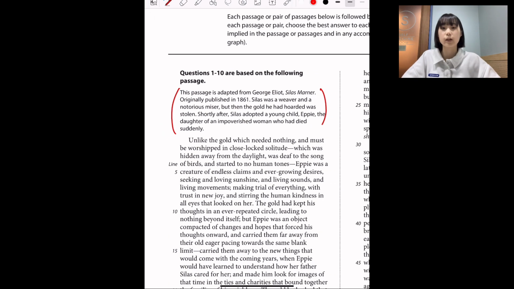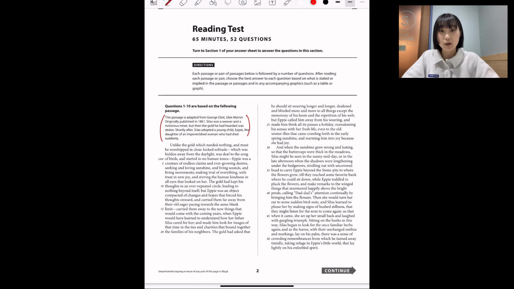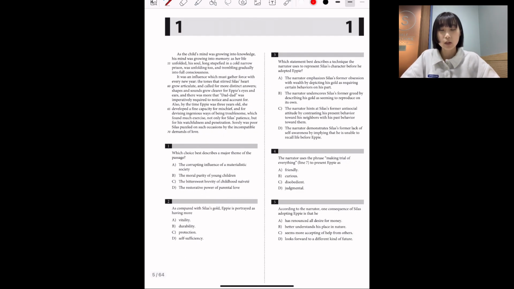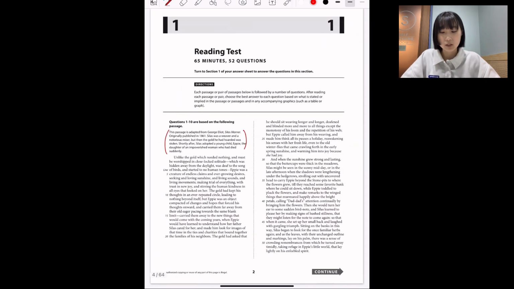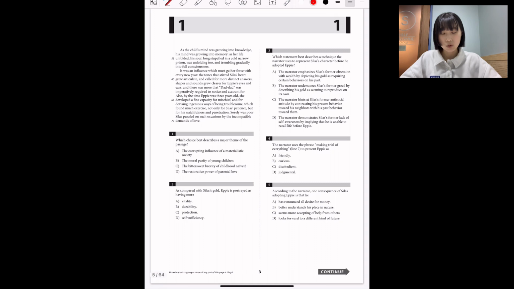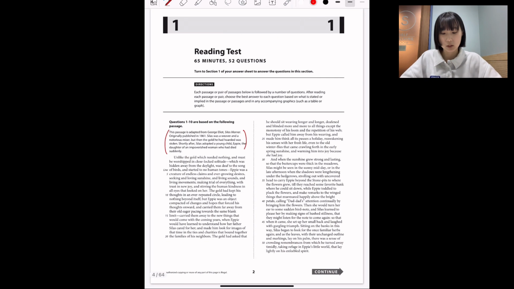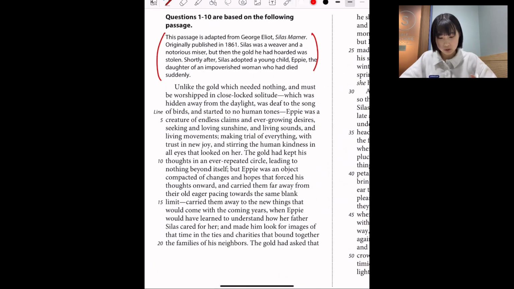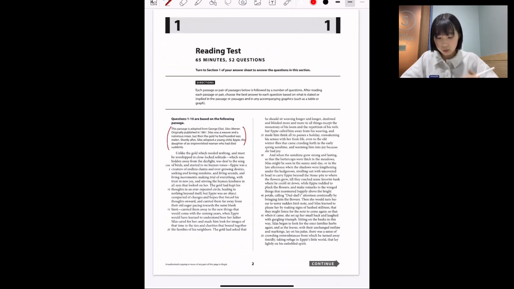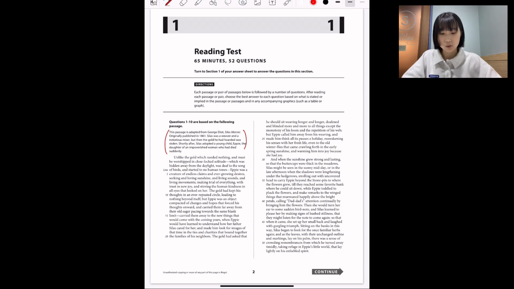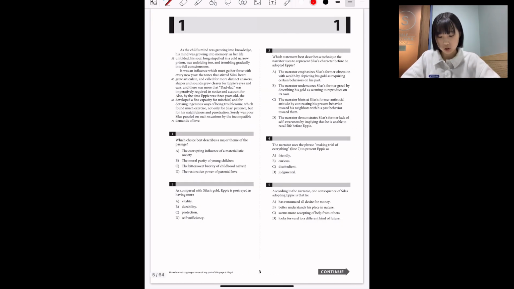Also, another thing that I don't recommend is not reading the passage first and going straight to the questions. I see a lot of people who do that, but I strongly recommend, even if it takes a little time, that you thoroughly read the passage first, because it really helps you. If you do it the former way, then you'll eventually have to go back again. It'll just take more time than you anticipated. So that's my advice to you. We're not going to read it together. You can do that in your own time. We're just going to go straight to the questions.